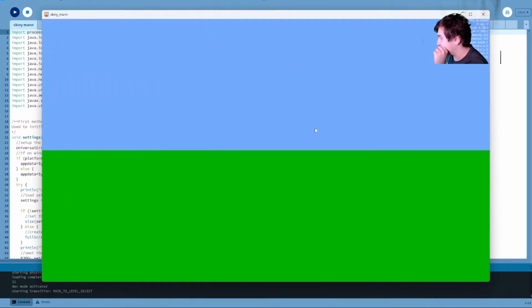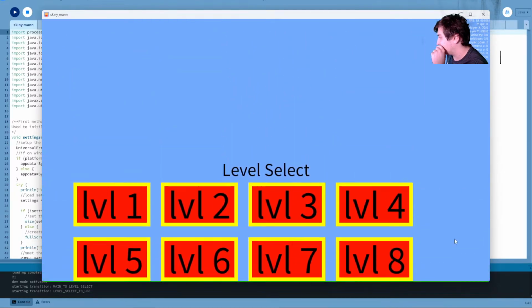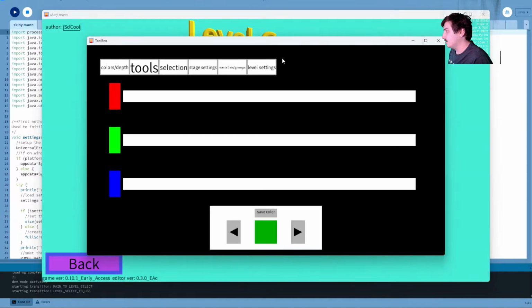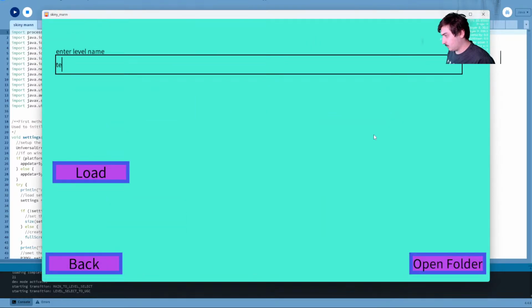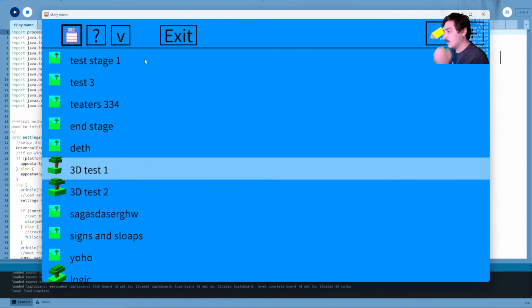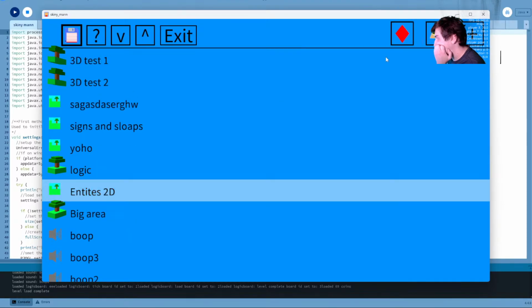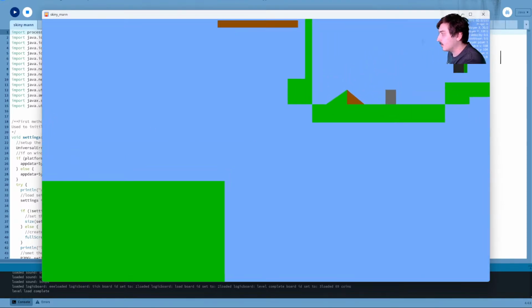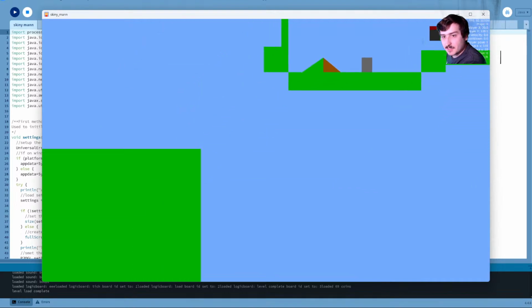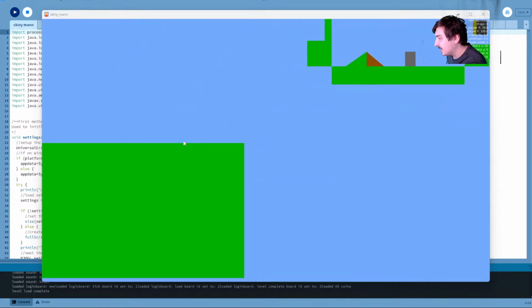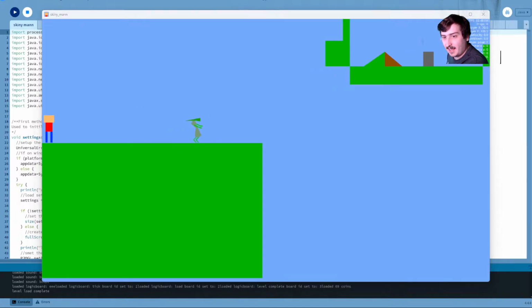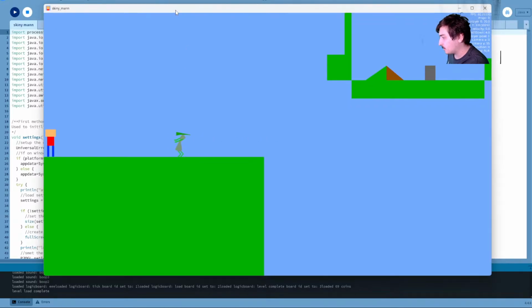Now, in the last stream, we'll go over to my test level. Load the test level. Now, entities 2D. Oh yeah, obviously I never really saved anything. So, we were starting to implement the AI for this guy. I don't entirely remember how much we did, but this is the guy. Anyway, we were starting to implement its AI, which is wandering within a fixed range, basically.